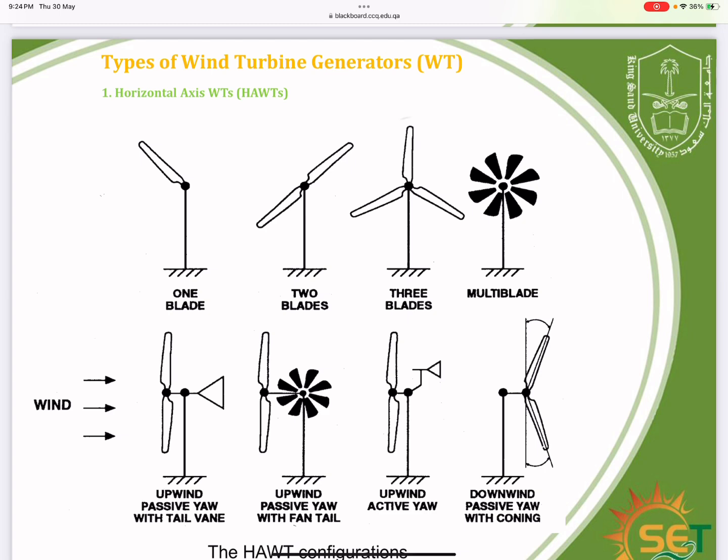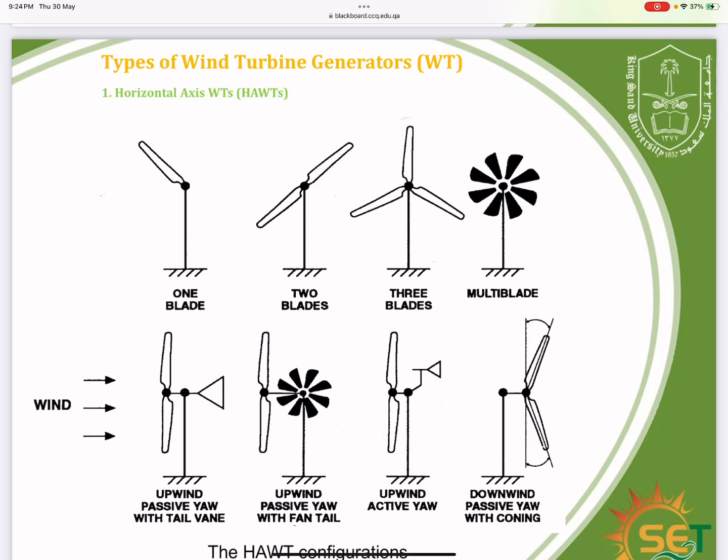The 3 blade turbine advantages are higher efficiency in energy capture due to better aerodynamics, balanced load distribution that reduces mechanical stress, and lower noise and vibration levels. The disadvantages are higher initial cost due to more materials and complexity, and being more difficult to transport and install due to